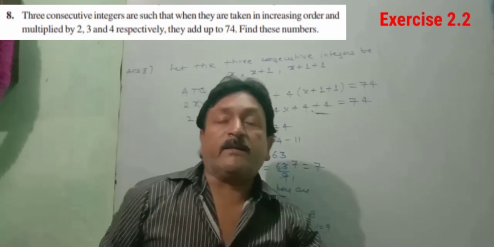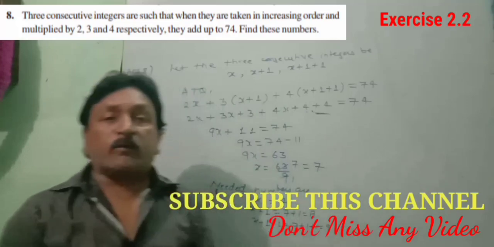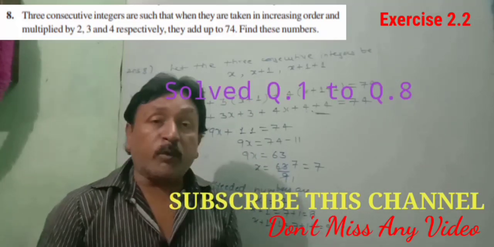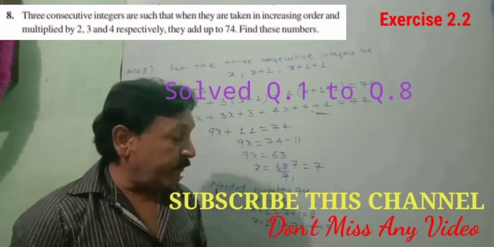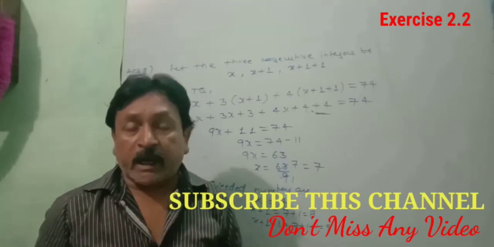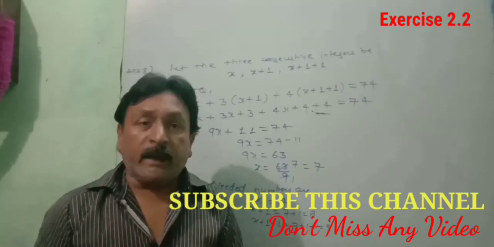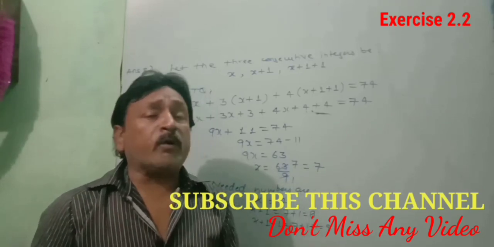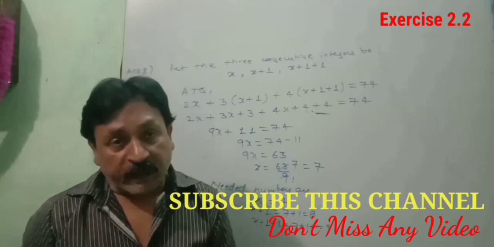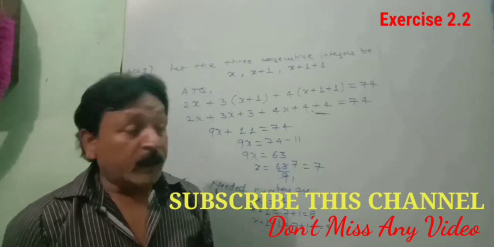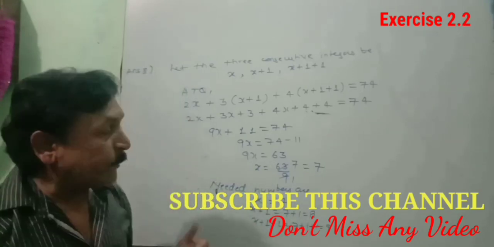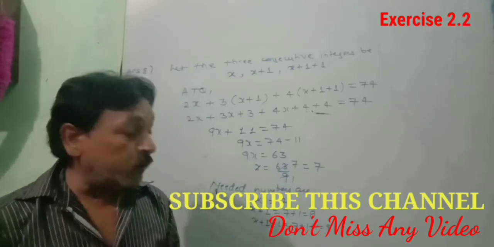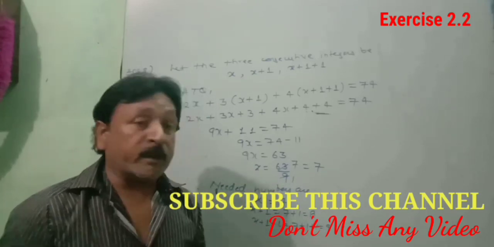And second thing is this, in this video I have solved exercise 2.2 from question number 1 to question number 8. In between, the question of that isosceles triangle came, where the base was given. That question you have to solve by yourself. I will form the equation. Okay, so do the rest of the questions in a proper way. First thing. Second thing, in my next video I will explain from question number 9 to question number 16.